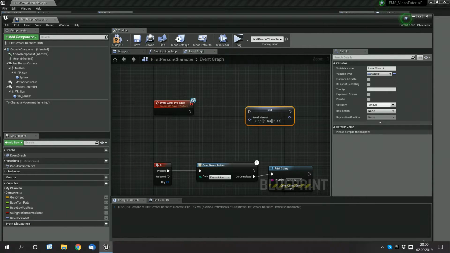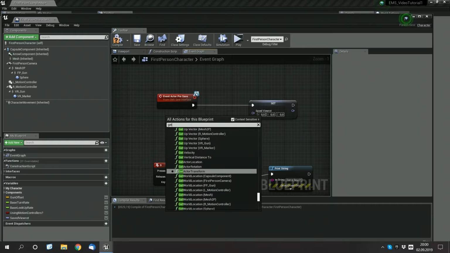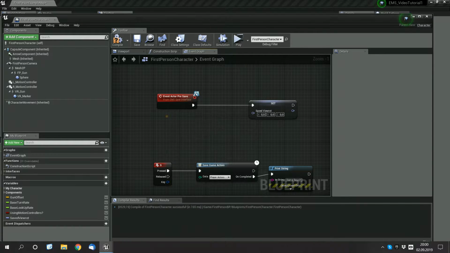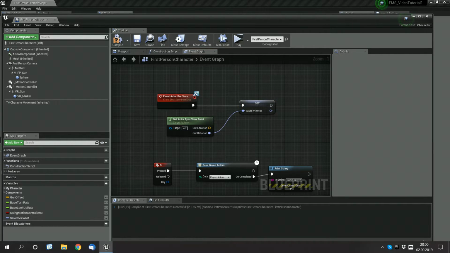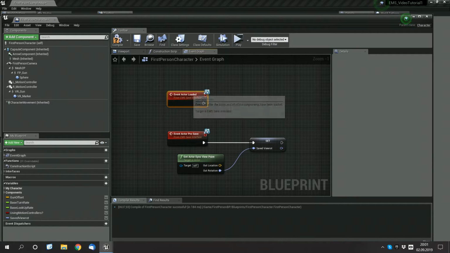So here we're going to set the viewRot variable, and then we need to get the view rotation for the character. This is done with get actor eyes viewpoint. So here's the rotation. And the next function is actor loaded, which is called